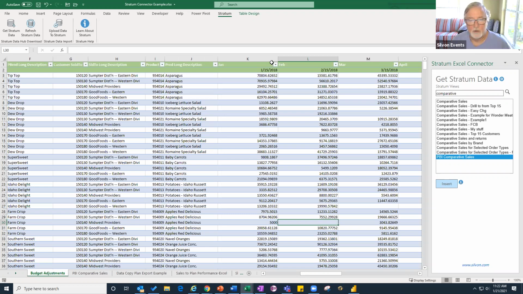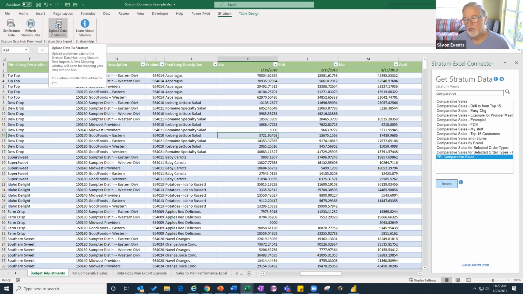But the other thing I can do, which is kind of cool on this connector, is, so I brought that data in, maybe I want to update, I don't know, I'll update this cell to be 5,000. You can just update this data, but then I can push this data back to Stratum. So now, not only can I pull data into Excel, I can take data from Excel, and really this goes back up through the data import piece that you guys are familiar with,